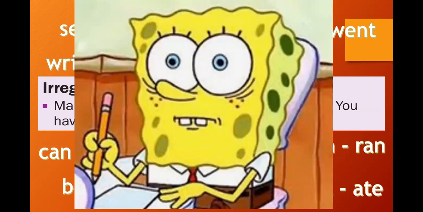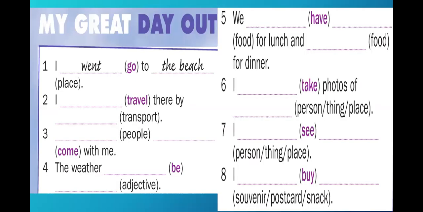So let's practice one last time. We have for number 1, which is the example, I went to the beach. Okay, went is the past of go. We made that change for you so that you can base yourselves on that and with it answer the other exercises. Number 2, I, and then we have travel. Remember, if your verb ends with L, double the L. So we have traveled with double L. I traveled there by,